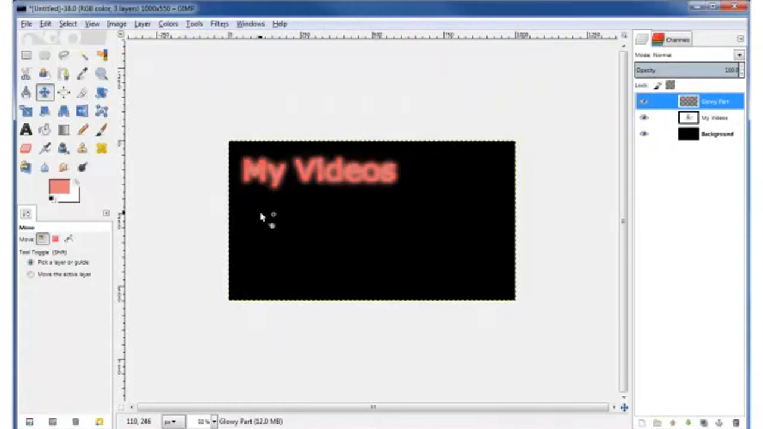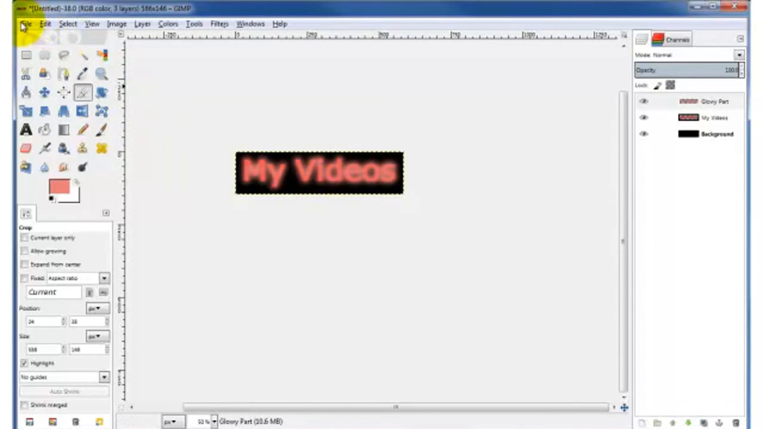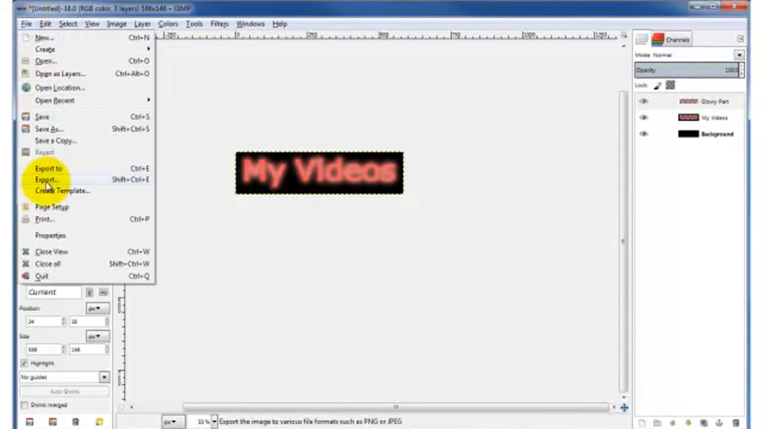But I want mine to be a black background, and like I said earlier, I don't want all this extra space here. So come on up here to the Crop tool, select the area that you want to save, and make sure that while you're doing this, you're not going to be cutting off any of the glowy part. That'll just kind of flatten it out and take away from the glowiness. Hit your Enter key, come on up here to File, select Export,